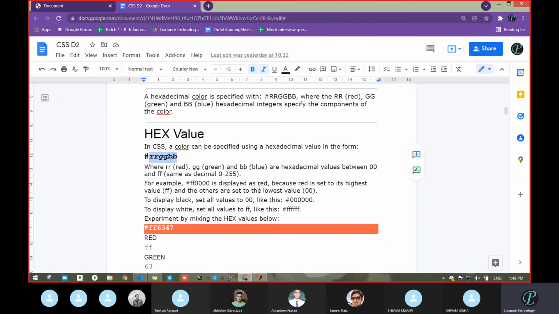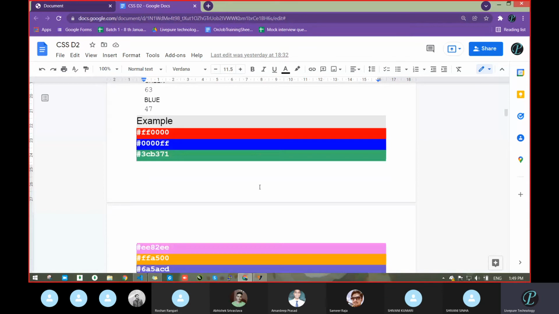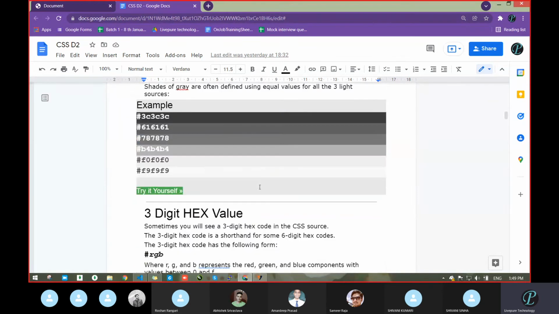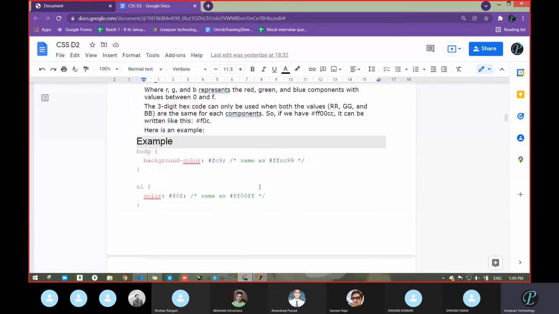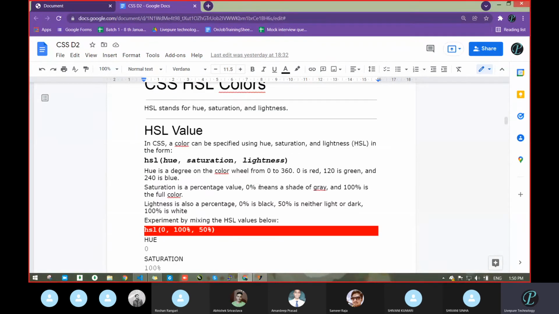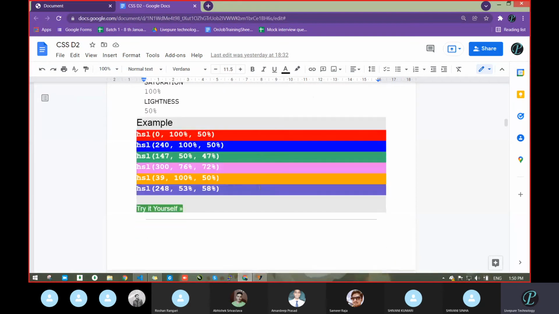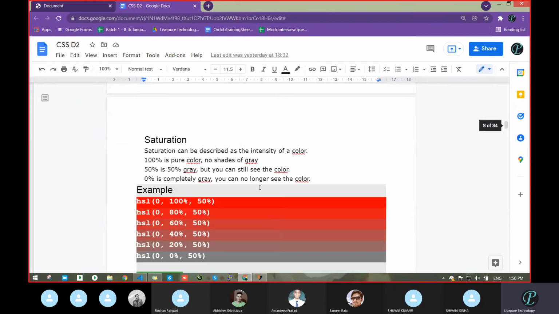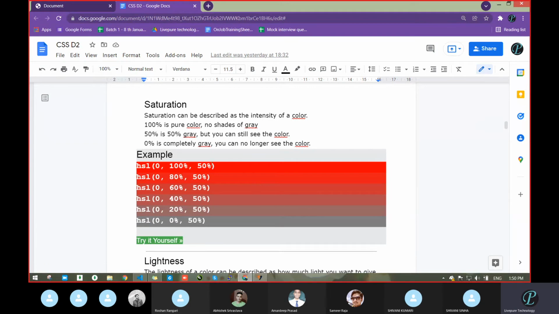So there are different ways of passing. In this there is no restriction, whether you take an RGB value or hexadecimal value. As in pixels, we always have to take px, VW or percent values only, no need to take centimeter, meter. But here there is no restriction. You can take anything. So next is saturation.